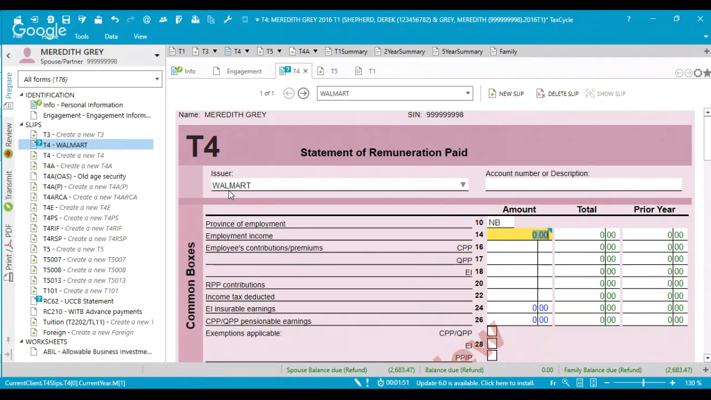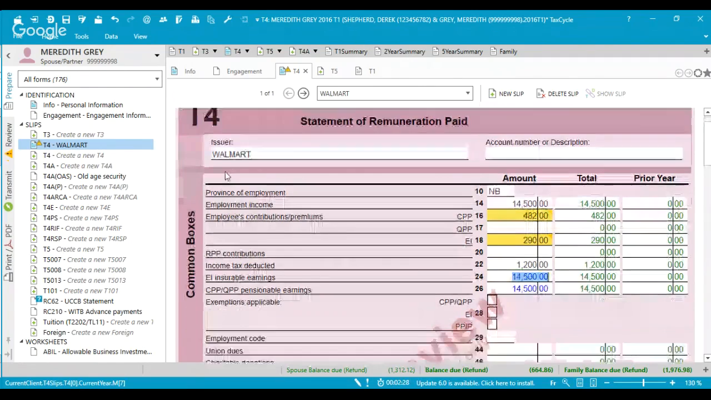Okay. And we're going to copy the numerical box numbers. So box 14, we have an amount of 14,500. So we can enter that in box 14. You can take your little red pen and tick that off as you copy them over. We have 482. The next number to have an amount is box 18, an amount of $290 for our EI. And then box 22 has an amount of $1,200. And it appears that Meredith also had in box 44, we see union dues of